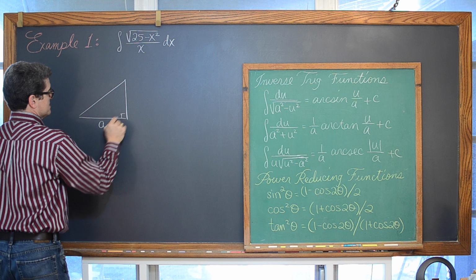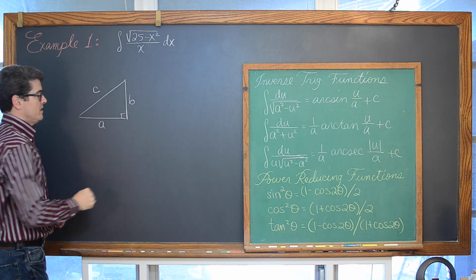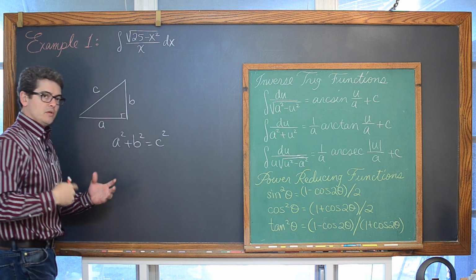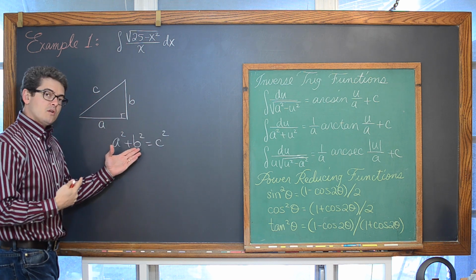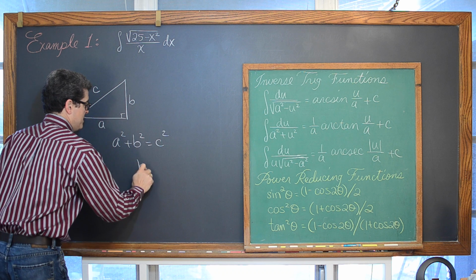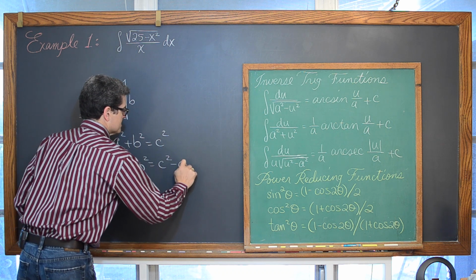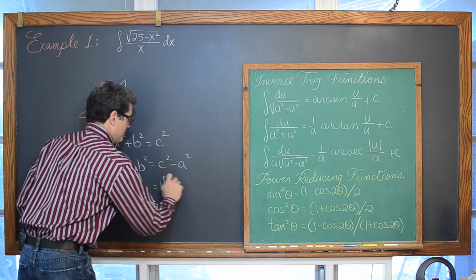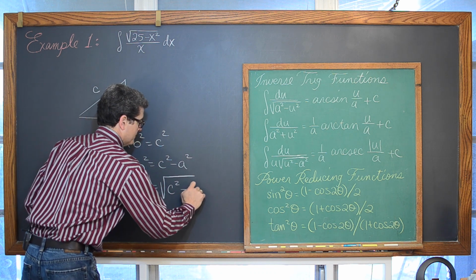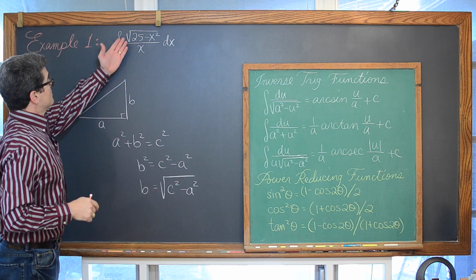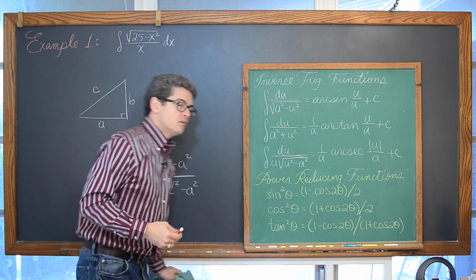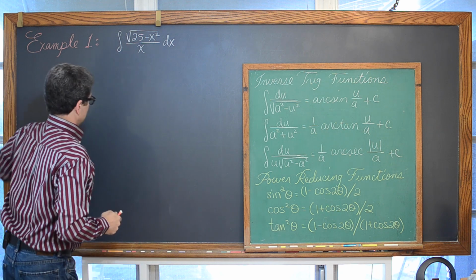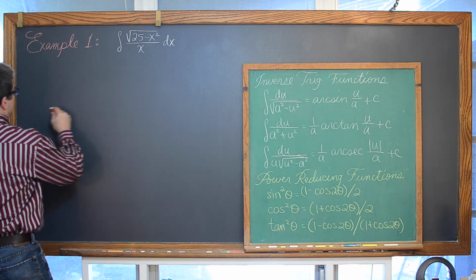I'm sure you don't need to really see this anymore, but your old Pythagorean theorem: a squared plus b squared is equal to c squared. When you solve this equation for one of your legs, you're going to have b squared is equal to c squared minus a squared, and then b, the length of one of the legs, is going to be the square root of a difference of squares. So this is the length of one of the legs of a right triangle. So let's get that right triangle drawn, shall we?